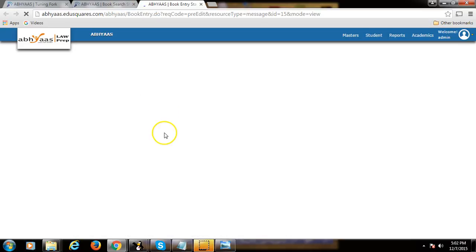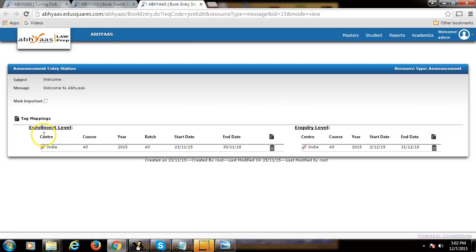When you click on view, it will take you to a page where you can tag it. You can tag it to an enrollment level or an inquiry level. When it is an enrollment level, it means that this announcement or this text content will be available to a student of LawPrep only if he or she is enrolled. If he or she just downloads the app, then he can view it only if it is mapped under inquiry level. To map it, click on this button